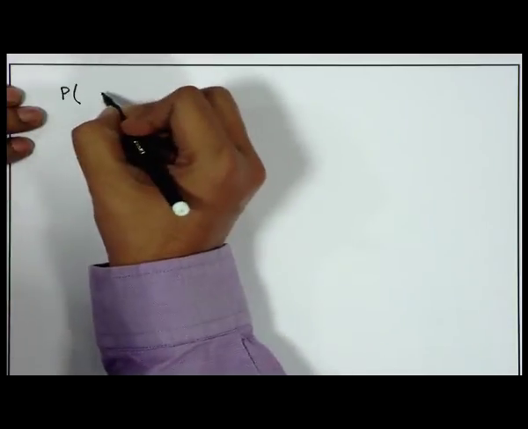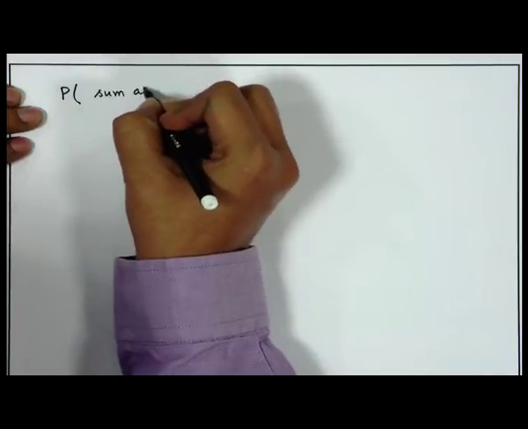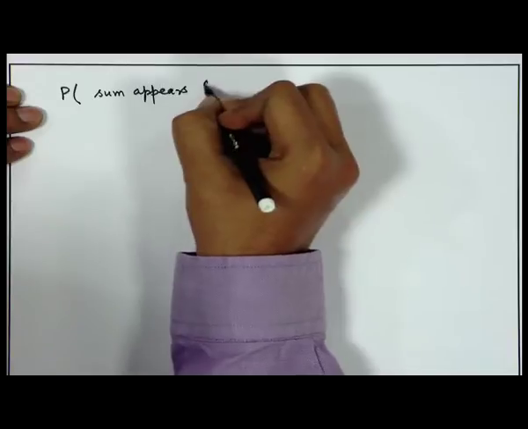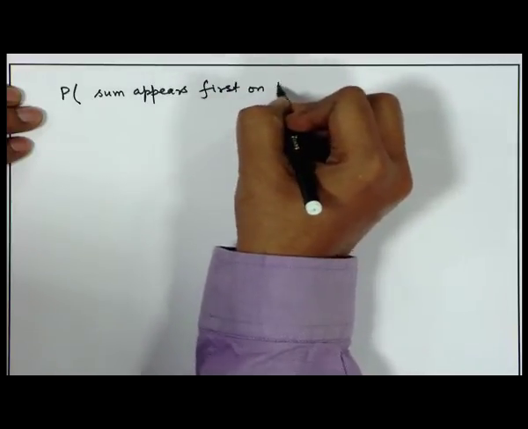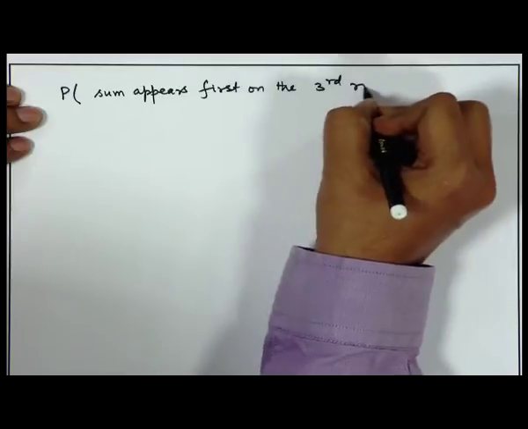If you remember the definition of independence of events, we say events A, B are independent if probability of A intersection B is equal to probability of A into probability of B. If we have 3, then we have several conditions, but all of them mean that the probability of the intersections is equal to the product of the probabilities. So, we apply this now. So, the probability that the sum appears first on the third roll